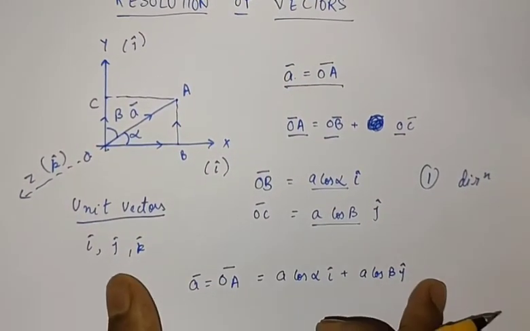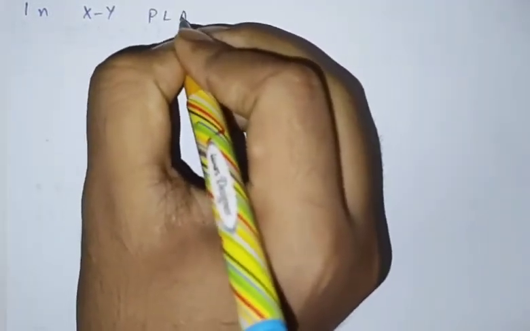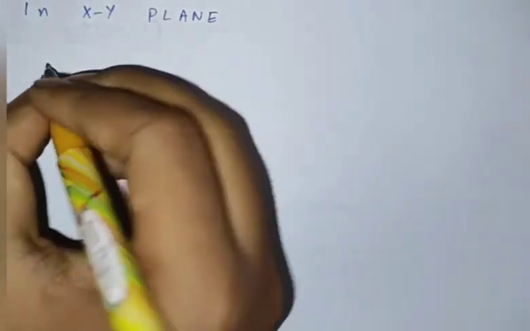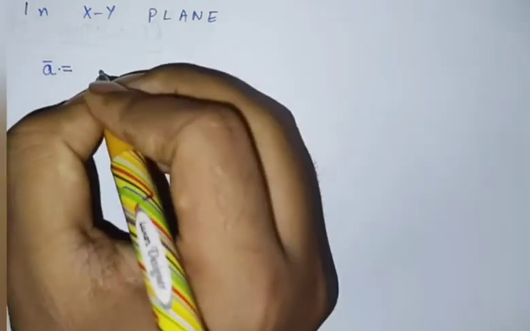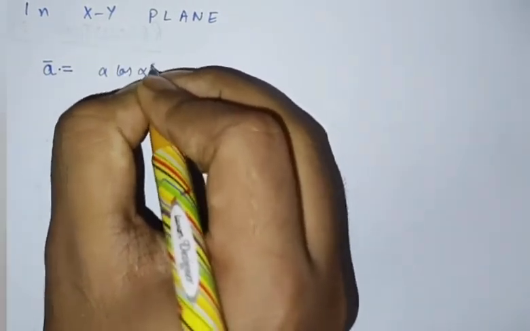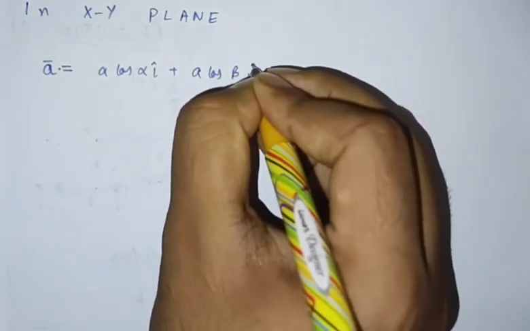So this is resolution of vectors. So we found that in the xy plane we resolved a vector into its components as A cos alpha I cap plus A cos beta J cap,